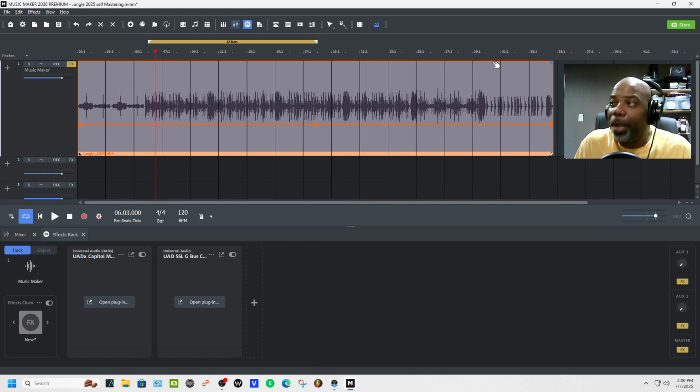All right, so we got that, the compressor's kicking in and it's doing its job, right? They call the SSL the G bus, like the glue, and then we're using the Capitol in the front. So this is the effects chain plugin: UAD Capitol, the mastering bus, and UAD SSL G bus compressor. So I got double compression on this track.